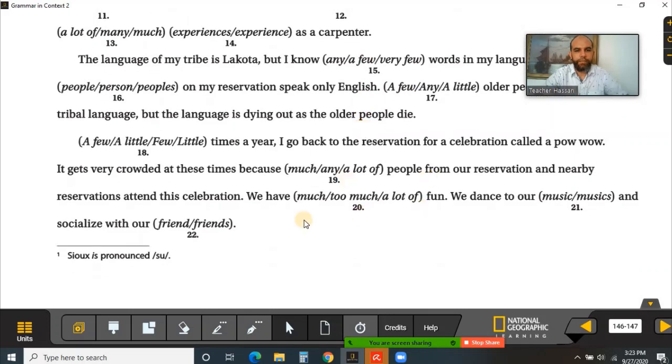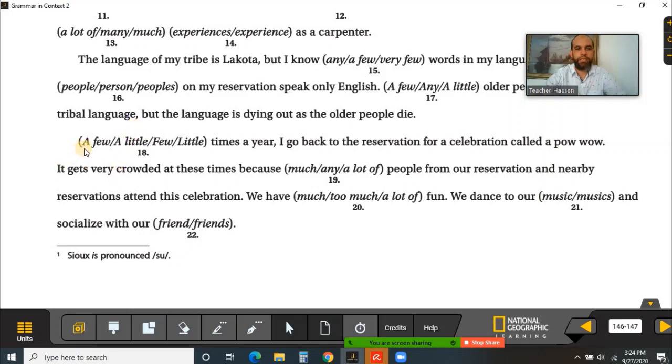Number 18. You're almost there, I think. Few, little times. Now, times here is a plural countable noun, and the word time is one of the nouns that can be either countable or uncountable depending on the context. In this sentence, the word times is countable, and if you notice, it is plural, even plural with s. Because this one is countable, we have to eliminate little. It describes non-countable nouns, and we have to eliminate a little as well.